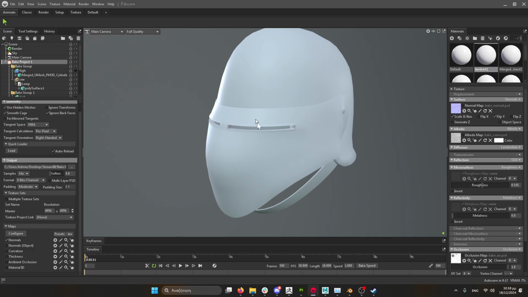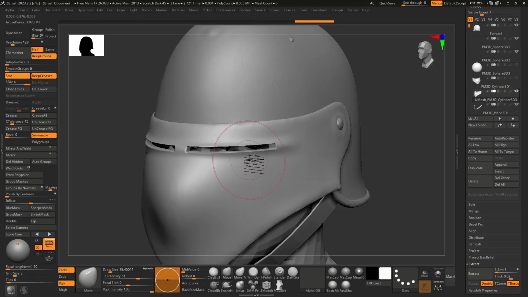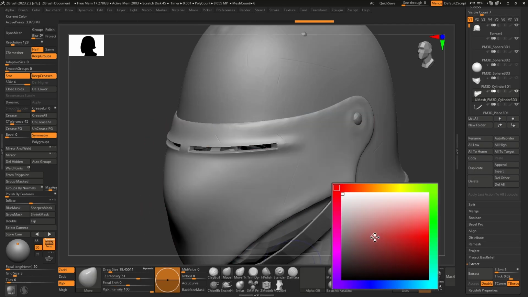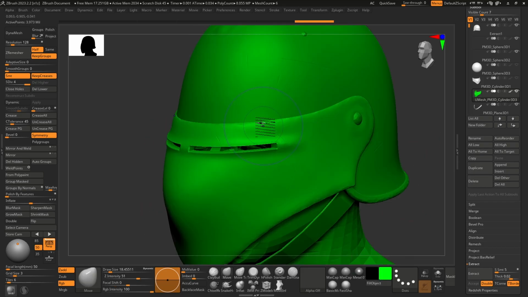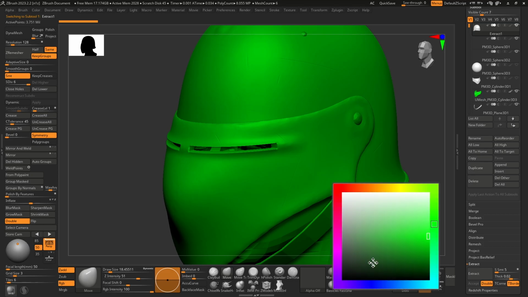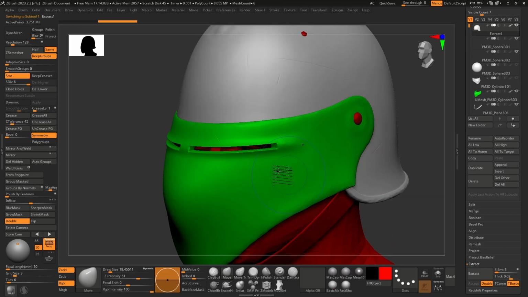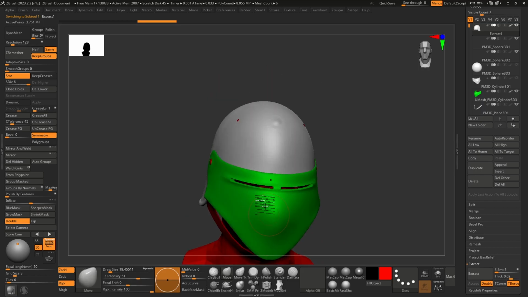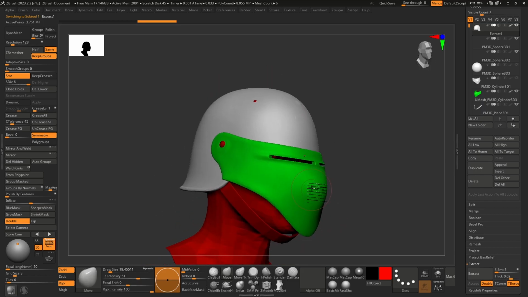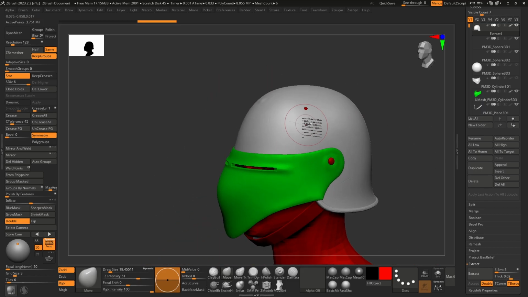What a material ID mask is, I could give different colors to parts of my model. So I could make this green, and I can make this red. And then I can get this as a texture inside of my texturing software,